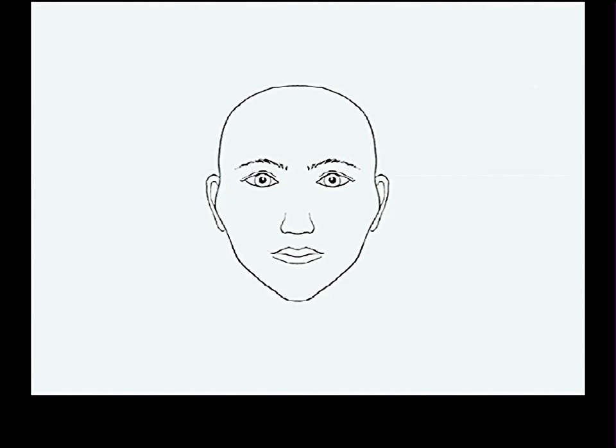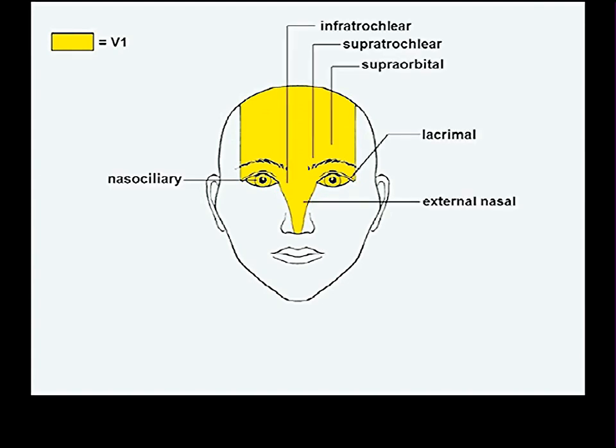We always consider the individual divisions of the trigeminal nerve independent of one another. All three of them, V1, 2, and 3, all have sensory distribution on the face and elsewhere as well. This is the distribution of V1. For being a doctor, it's enough that you know this distribution. But for this course, you also have to know the names of the nerves that do these different regions, all right?